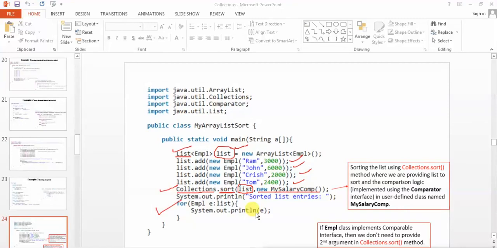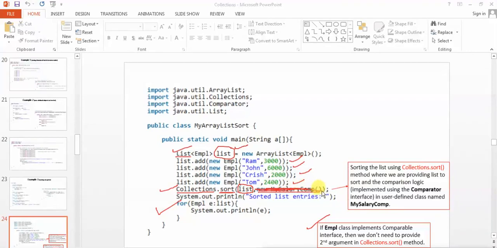See the last point here: if the Empl class implements the Comparable interface, then we do not need to provide the second argument in the Collections.sort method. Means if the Empl class was implementing the Comparable interface, then you do not need to write this particular thing.